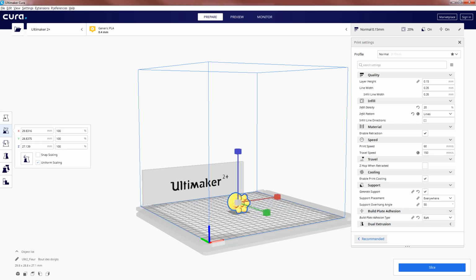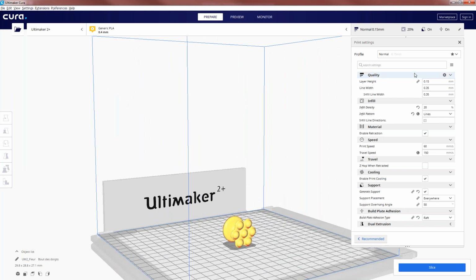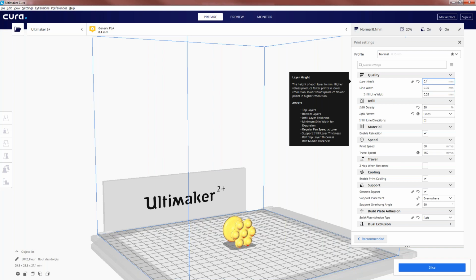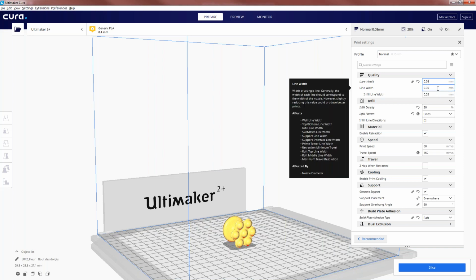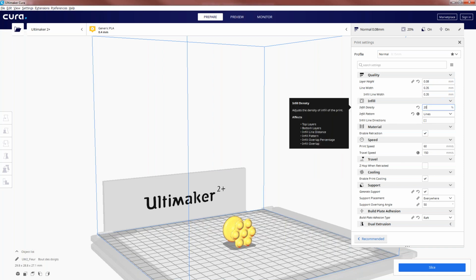You can work on it by changing the printer settings. I'm using 0.08 as the minimum layer height, the layer width is 0.35, and I can go for an infill density of around 10%.